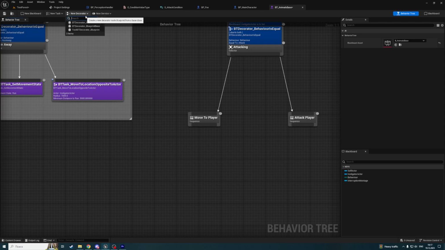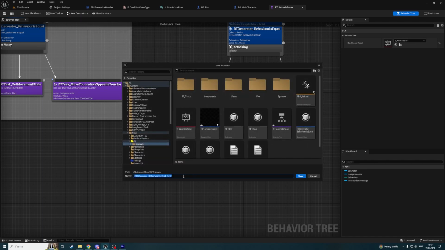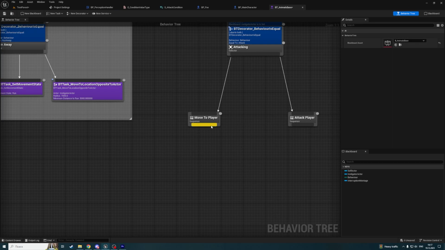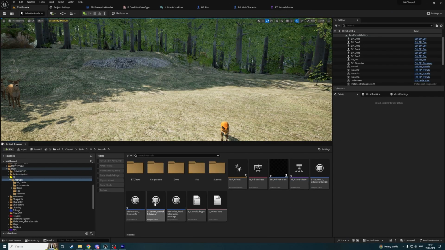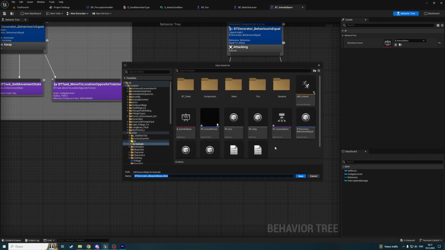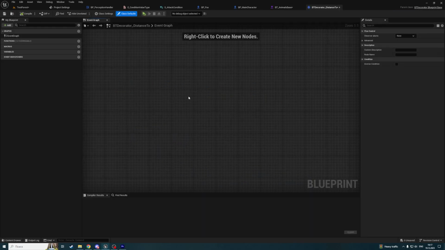Let's select a new decorator. I will create it from Behavior Is Equal and call it distance 2. No, why have I done this? Let's delete it. Let's delete distance 2 and let's create a new decorator from base and call it distance 2. And here let's add an event